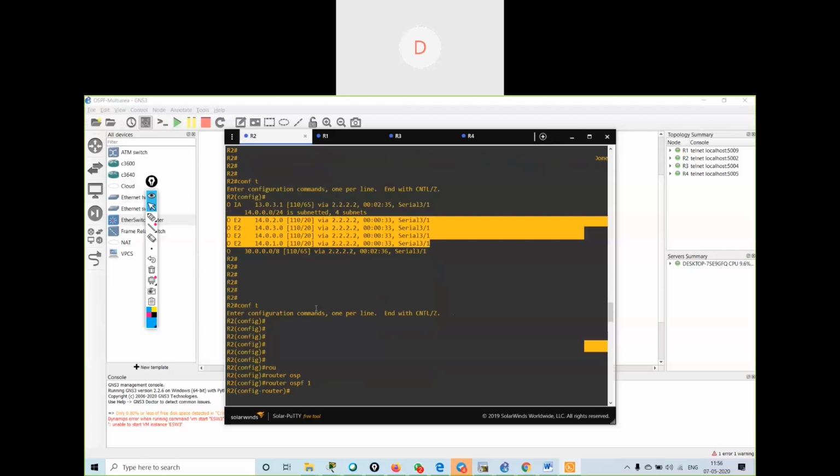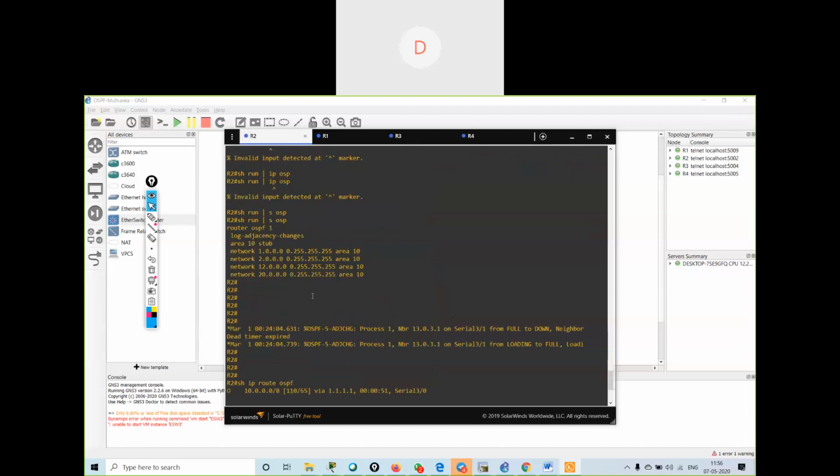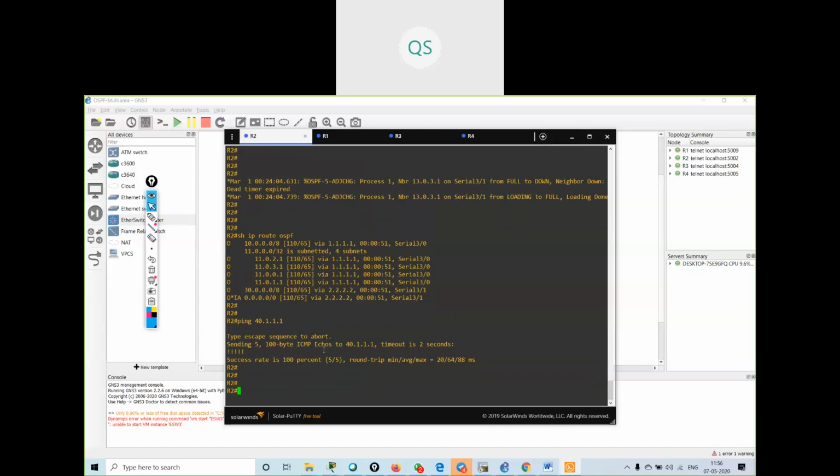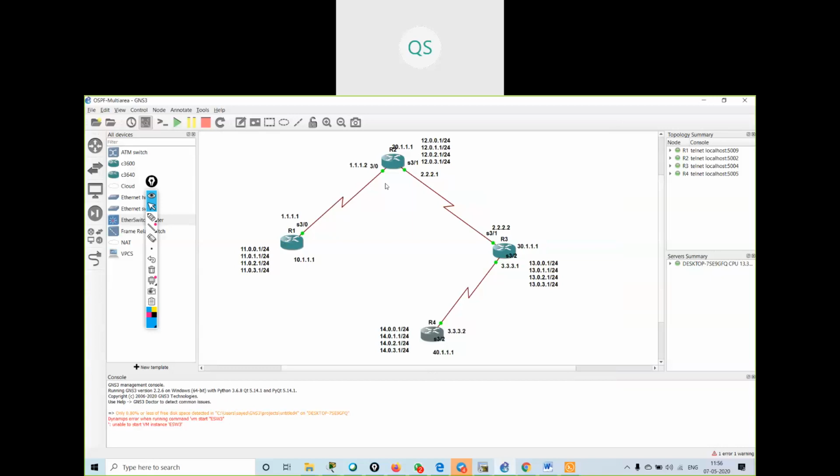The configuration that I've done is this. I will show you the configuration on R3. On R1 and R2, the internal routers, the configuration will be the same. On the area border router, I have to change the configuration.